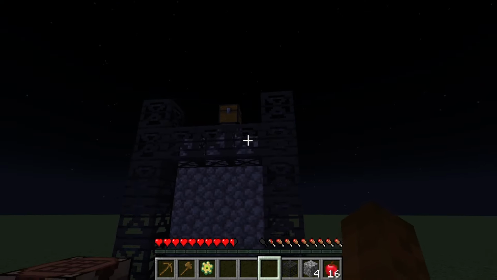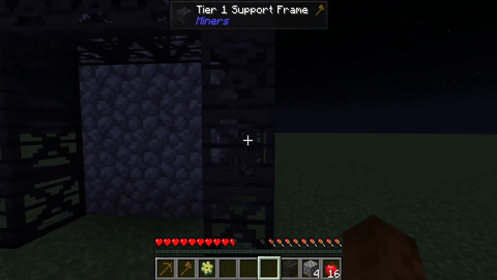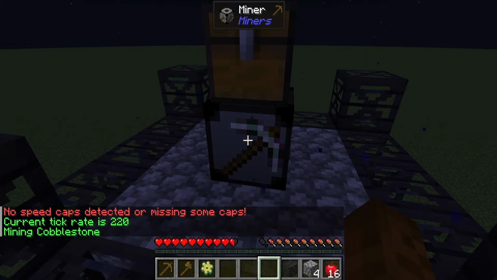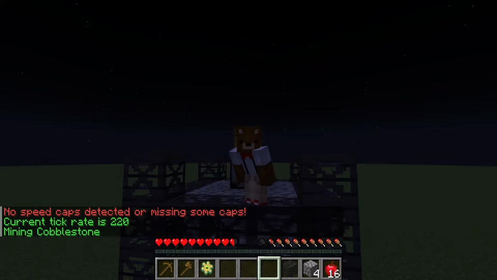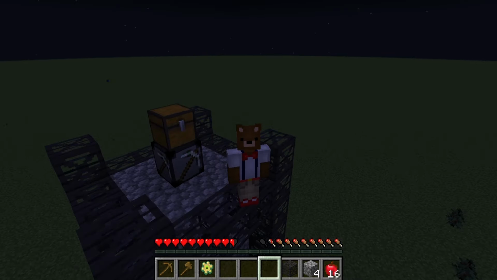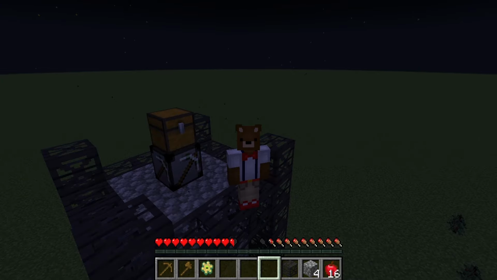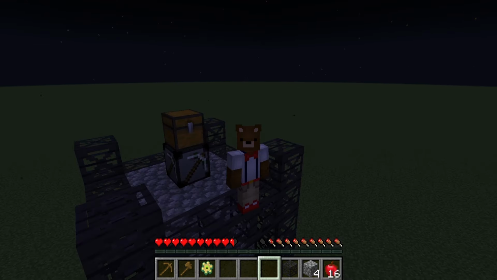This will produce a very small amount of cobblestone very, very slowly. So if you right click on this with an empty hand, you will see that it says current tick rate is 220 mining cobblestone, which means every 11 seconds, because there's 20 ticks in each Minecraft second, it will produce one single thing of cobblestone. Now, at the moment, it's actually faster just to punch the ground and get cobblestone, but we can